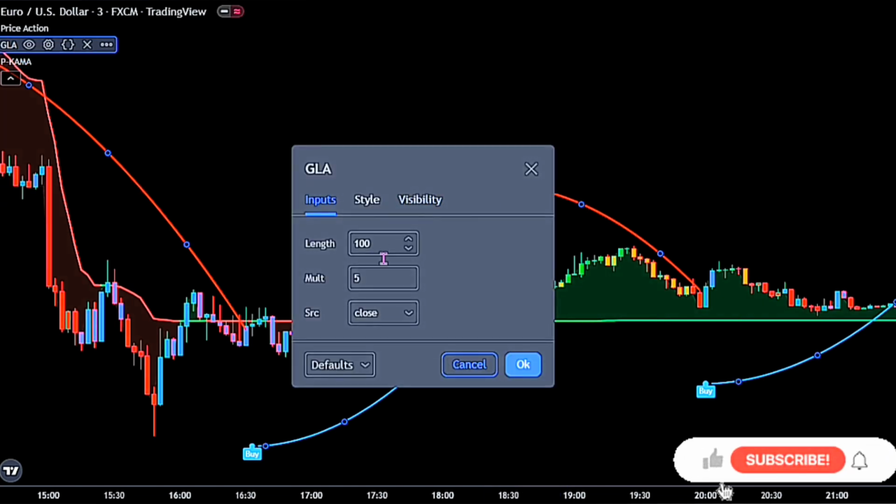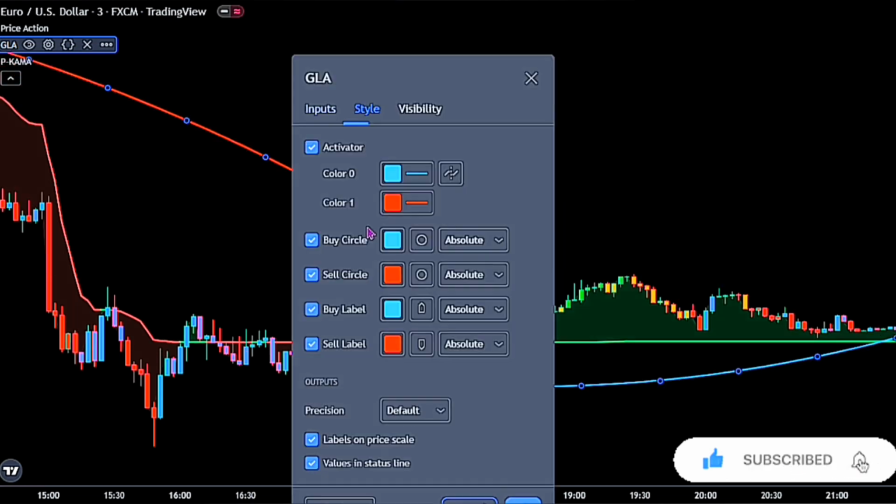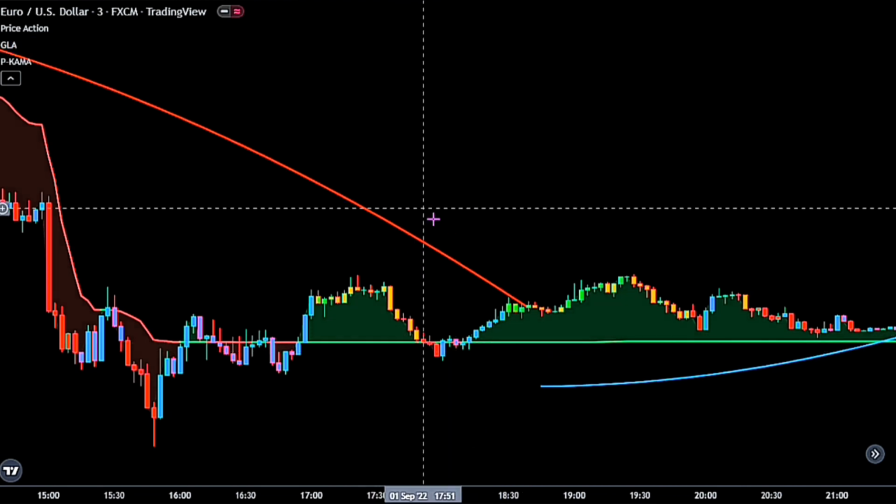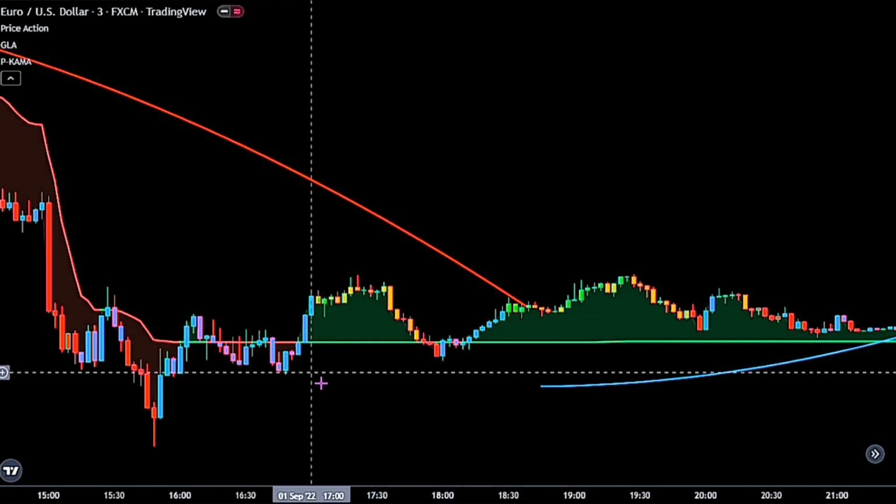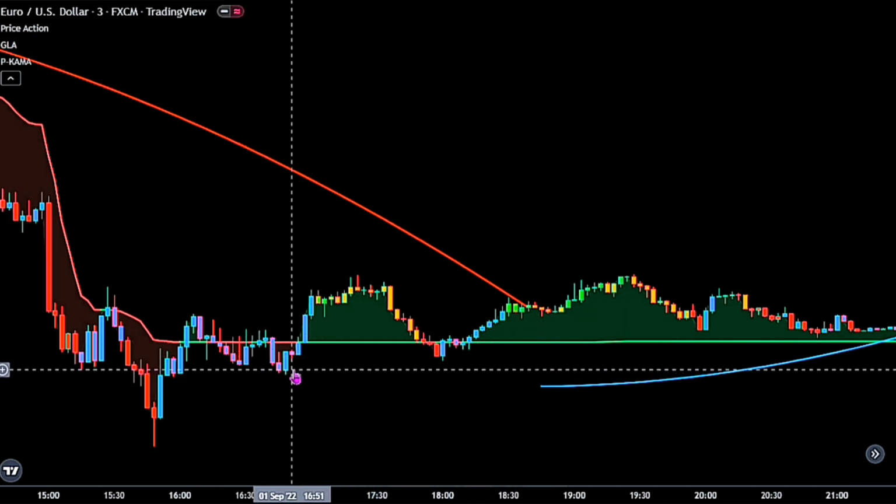For the inputs, change the length to 500 and leave the multiplier at 5. For the style, untick these 4 boxes, and when you are done, click on the OK button. Now, our chart looks cleaner and easy to understand, so let's quickly go over how each of these indicators work,